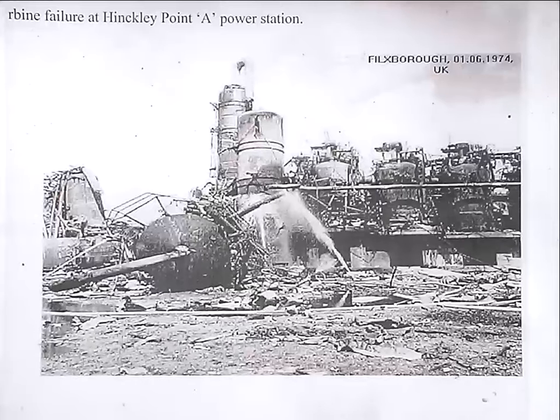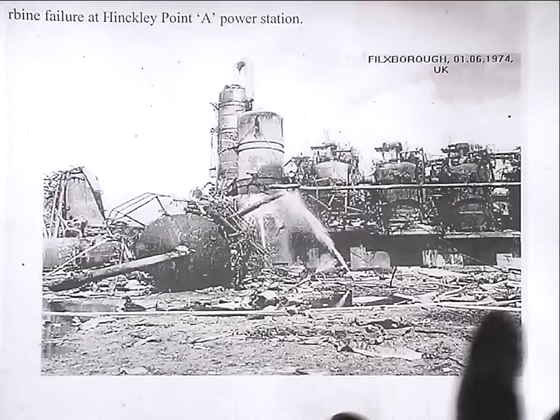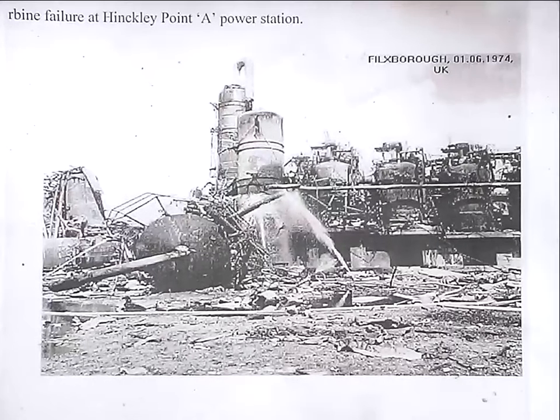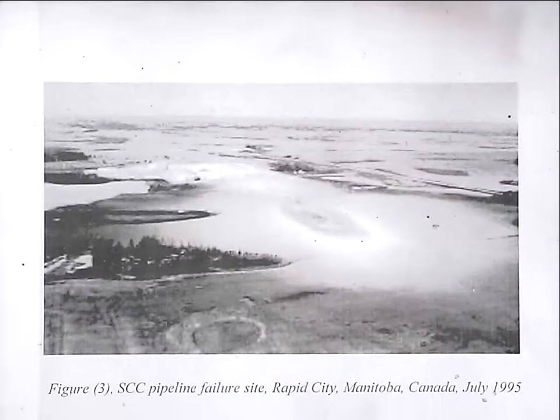This is another one a little bit closer to home for you guys. This is an aerial photograph of the major explosion that happened in Canada in 1995 on what they call the Trans-Canada Pipeline. So this is a major oil route. These are trees, okay, which gives you an idea of the scale of the crater generated by the explosion. Trans-Canada Pipeline was really where all the interest in stress corrosion of pipeline steels kicked off from.